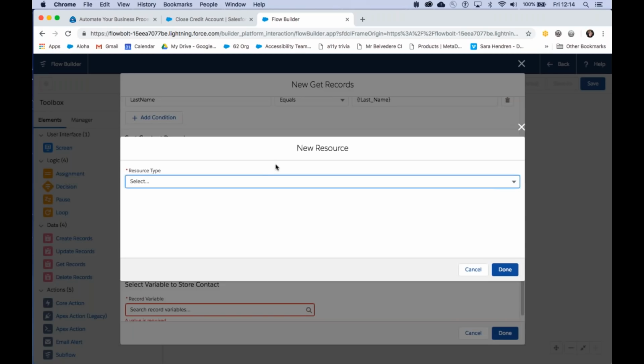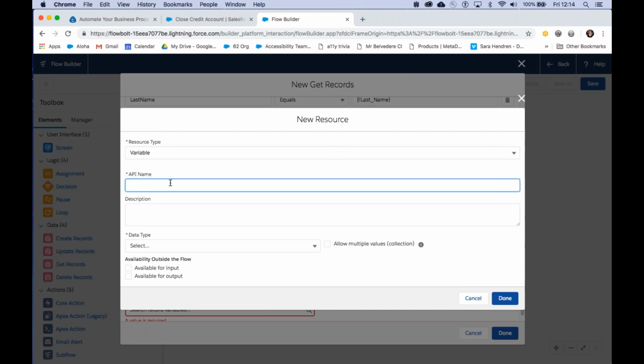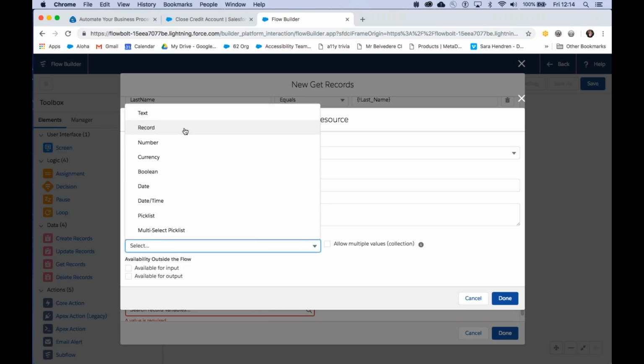So we'll create a new resource. And this again is where you'll notice that there's a little bit of a difference from the Cloudflow Designer. We used to talk about S-object variables and collection variables. And in this case, we now have lumped all of those together under record.